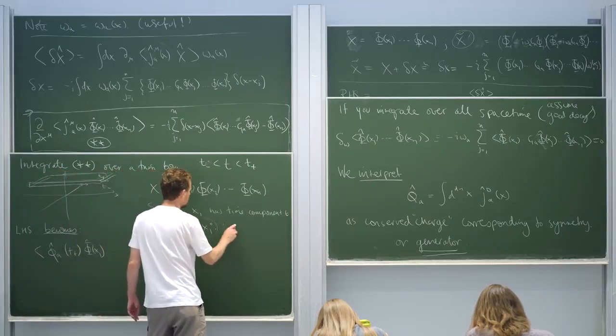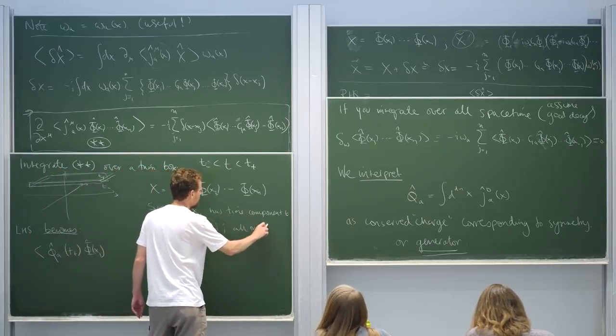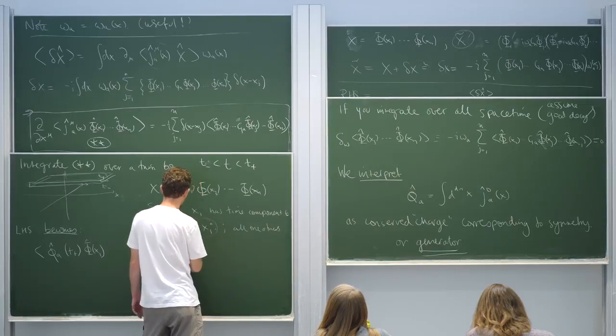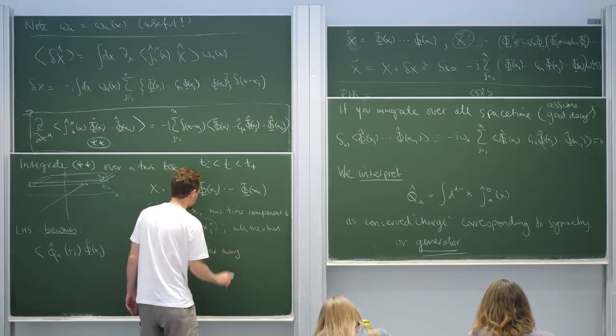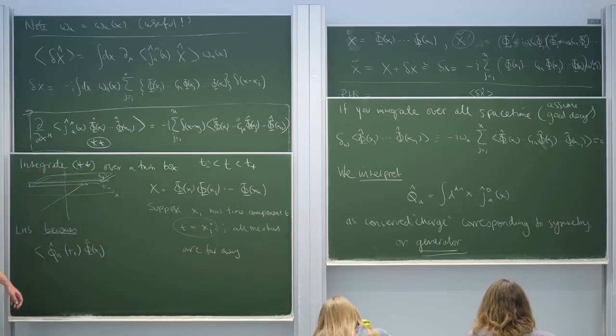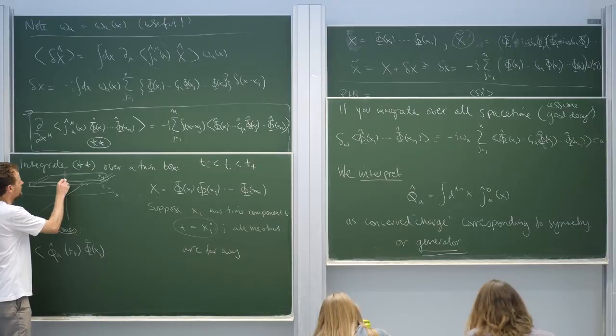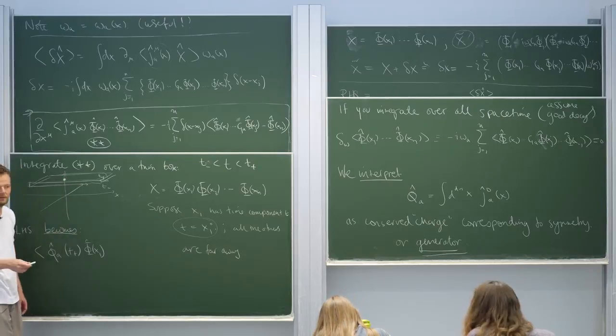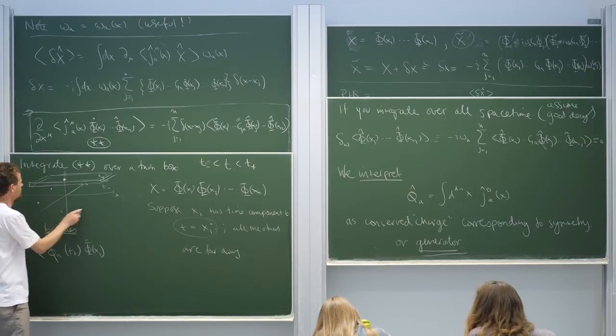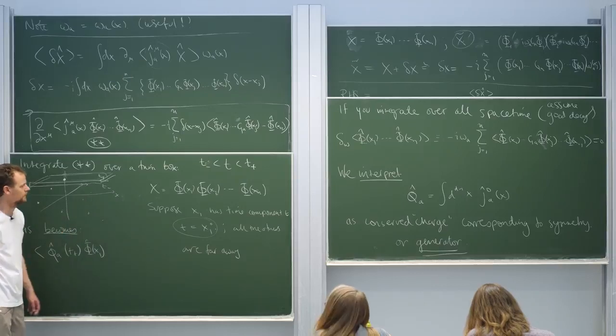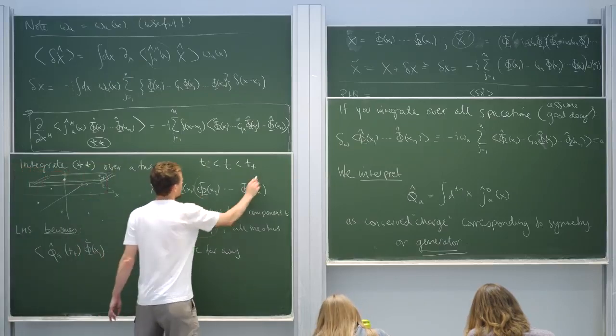And all the others are far away. So you imagine in this space-time diagram, there's a field living right there at time t, but there's fields here, there, and everywhere else. And we're going to call this stuff here y,